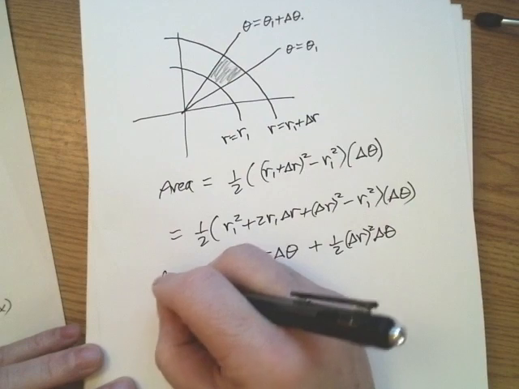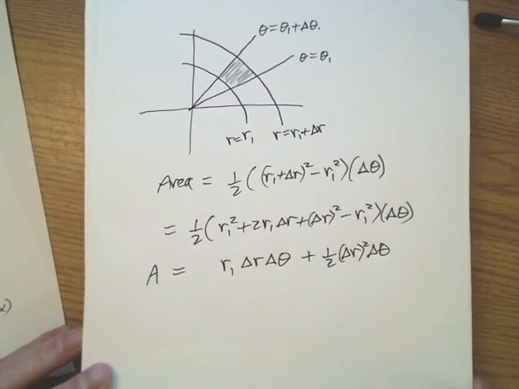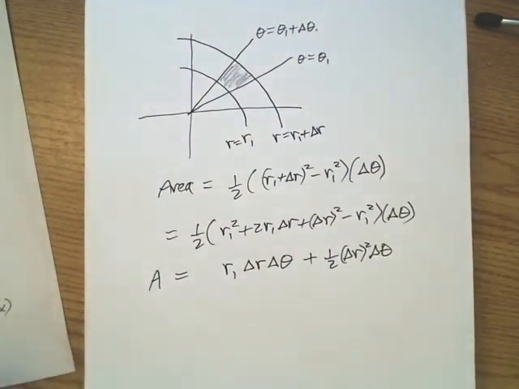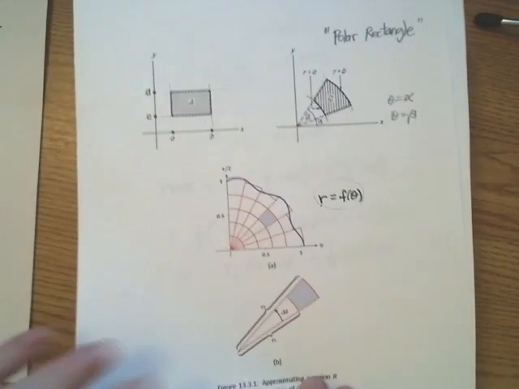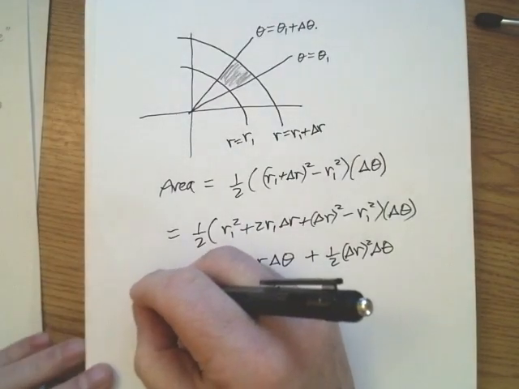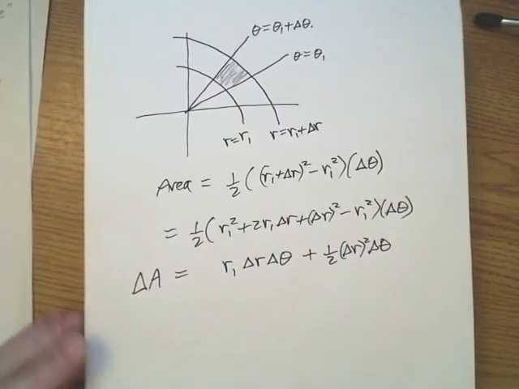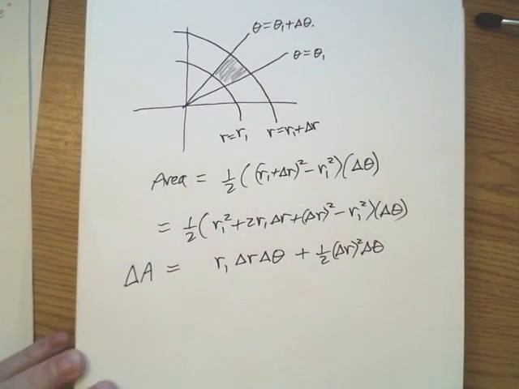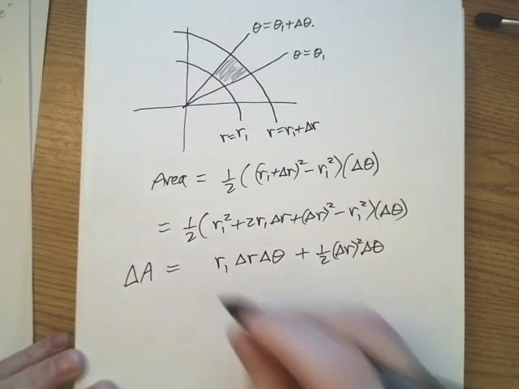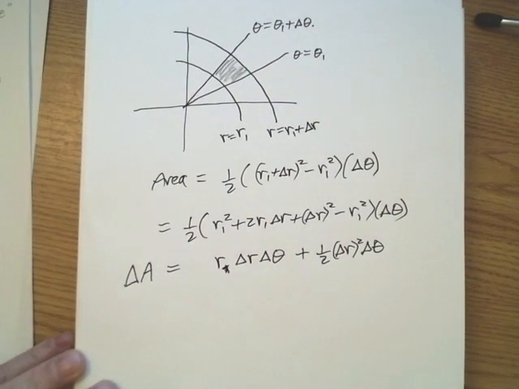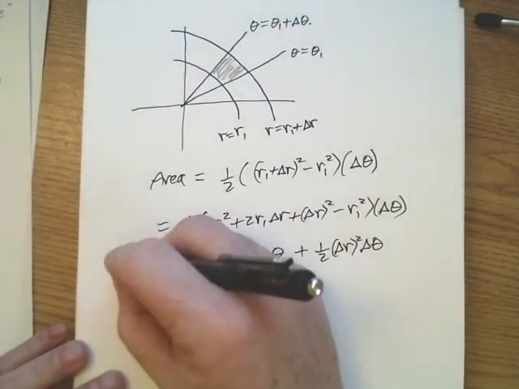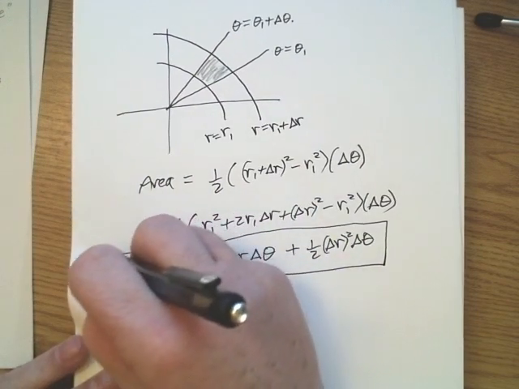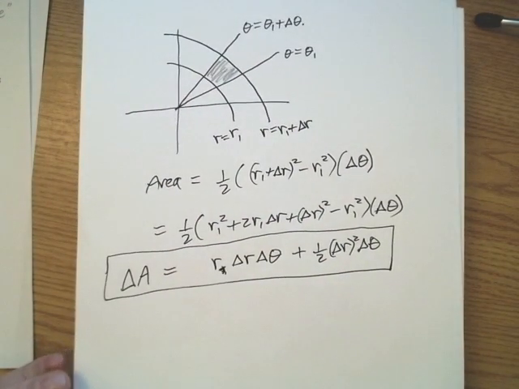Maybe I should give this a name. Later on, we're going to be dividing these things up like I had in this picture. So maybe I'll even call this something else. I'll call it change in area, delta area, with all those changes going on. All right, but this is going to be our idea here. And what we'll often do is just go ahead and suppress the subscript. It'll be some value of r. This is something we want to remember as we go through our calculations here involving double integrals in terms